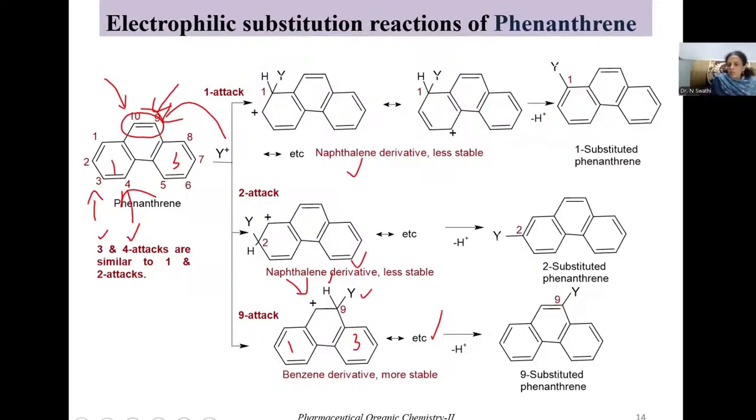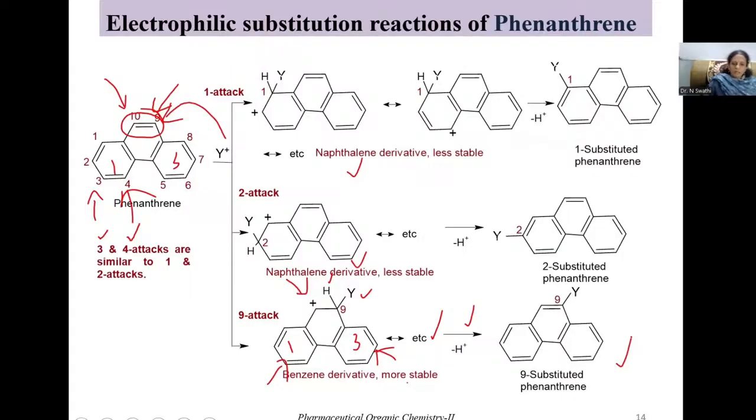Now, if you look at the carbocation structure in this 9th attack, it consists of two isolated benzene ring systems. So rings 1 and 3 are benzenoid ring systems, and that is how you can consider the carbocation resulting in 9 attack to be a benzene derivative. As soon as the carbocation is formed, immediately it will undergo the deprotonation step and it gives the corresponding 9 substituted phenanthrene